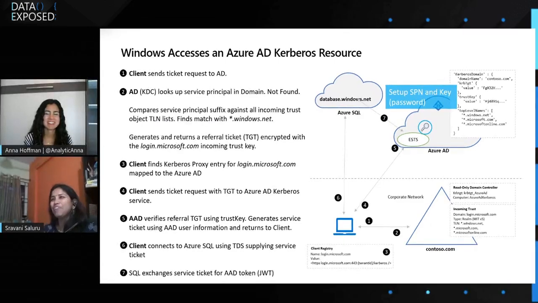Yes, absolutely. And how it works is basically once the client sends the request to the Active Directory, first it obviously searches within Active Directory and finds that this is not a valid account, and then it checks for that suffix and sees whether it is coming from any trusted objects, like from the Kerberos TLN list. And once it validates that, the request is sent to the Azure AD Kerberos to get the TGT. And once we have the ticket granting ticket, that is how we exchange it with the managed instance, and then the connection is established. So we are achieving this with the Azure Active Directory Kerberos authentication support.